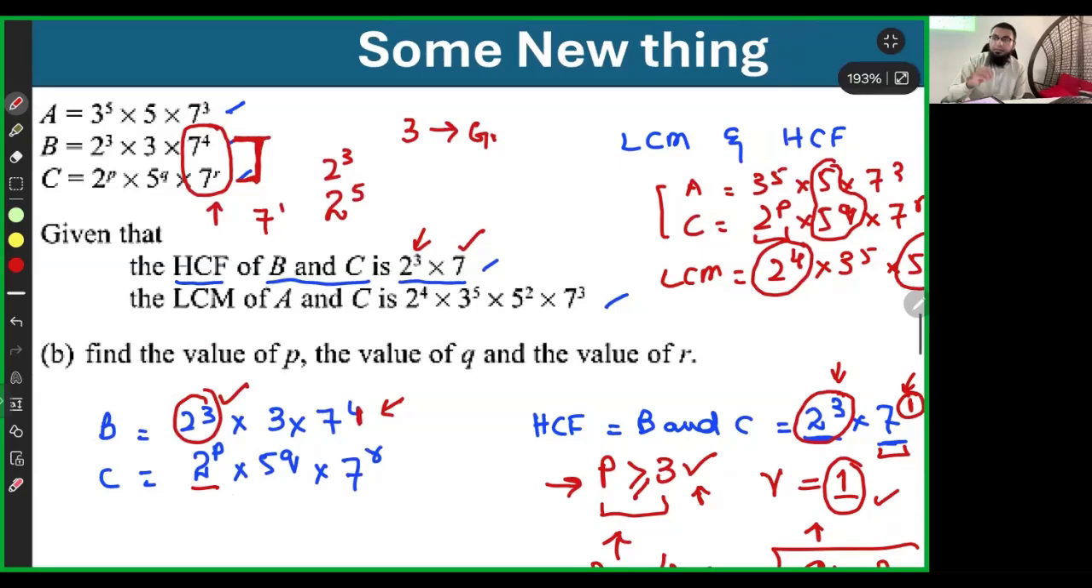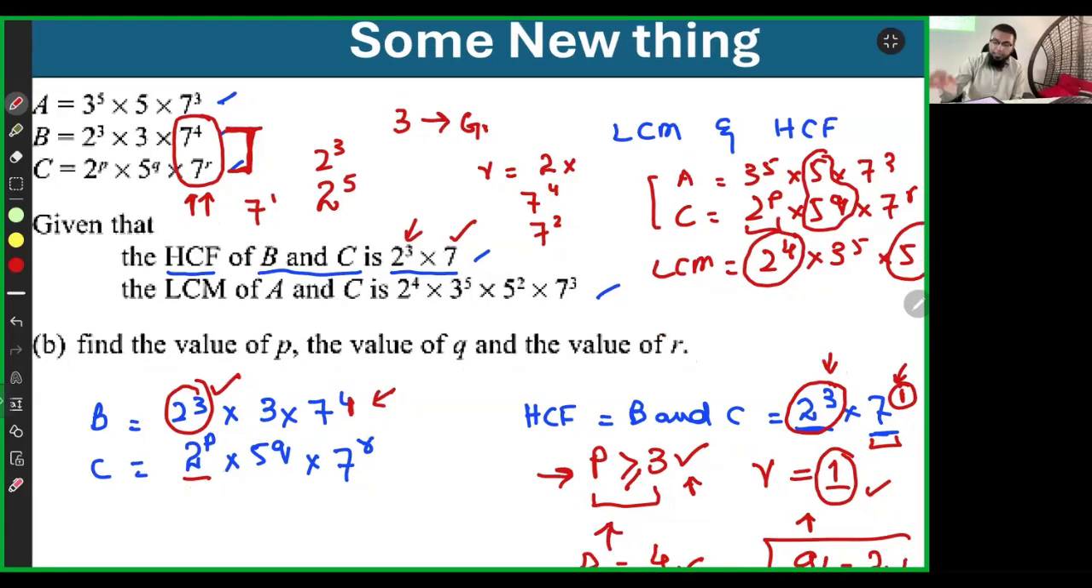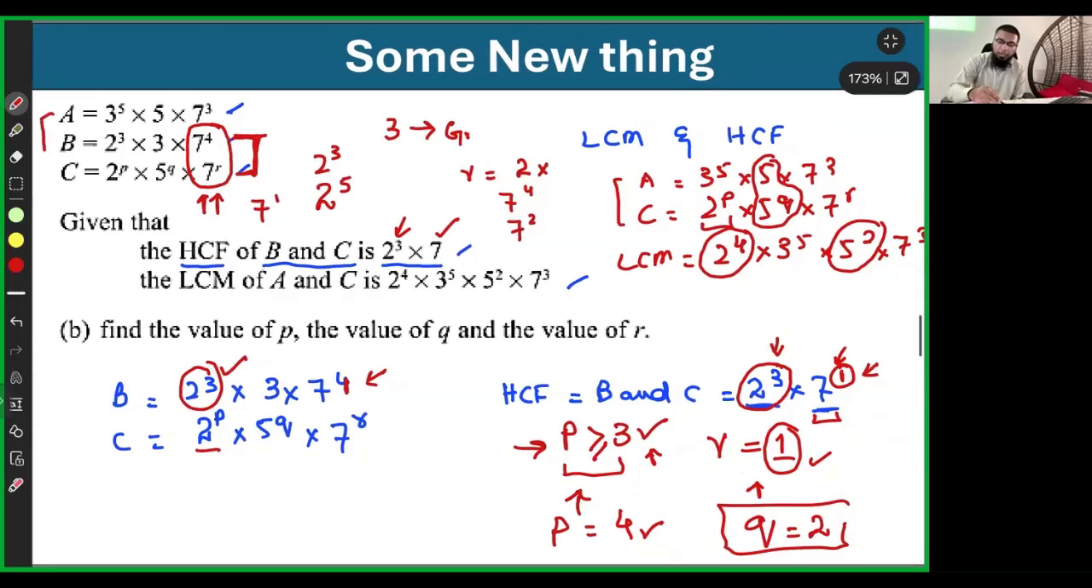क्योंकि HCF में 7 लिखा हुआ है। अगर R की वैल्यू 1 के अलावा कोई और हम पिक कर लें, फॉर एग्जाम्पल इफ आई पिक 2, तो 7 का 4 और 7 स्क्वायर हो जाएगा ना यहाँ पे। तो अब HCF क्या बनेगा फिर? 7 स्क्वायर। ये तो गलत हो गया। HCF क्या था? 7^1। तो R की वैल्यू 100% 1 आनी चाहिए।